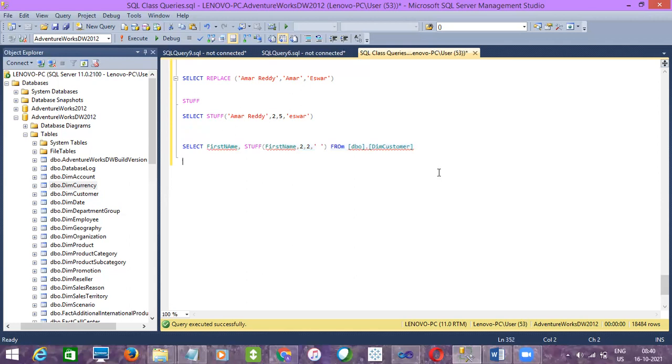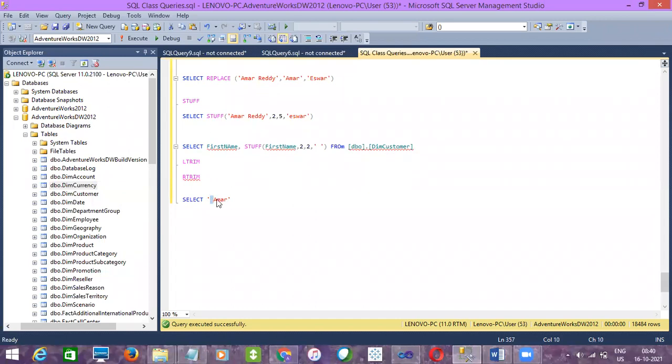And then there is a function called ltrim and also rtrim. Ltrim is used to remove the extra spaces on the left side of the string, which means, let's say, if you are selecting here, while giving the value itself, there is any extra space here.